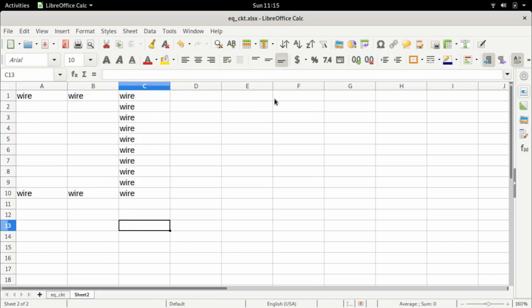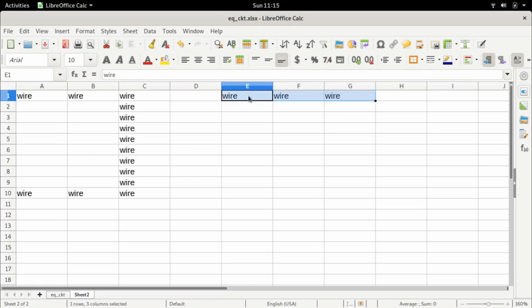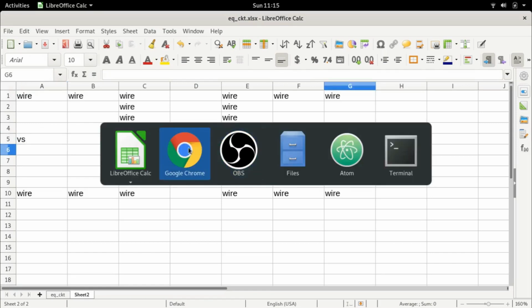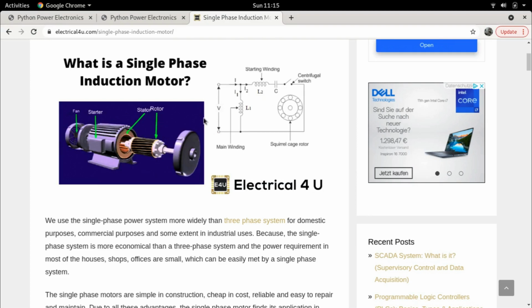So let me represent this as the stator and this as the rotor. It's just a schematic. For now, let us consider both the stator and the rotor to receive a voltage. Let me say this is Vs and this is Vr. Now, in the specific case of a squirrel cage induction motor, right,